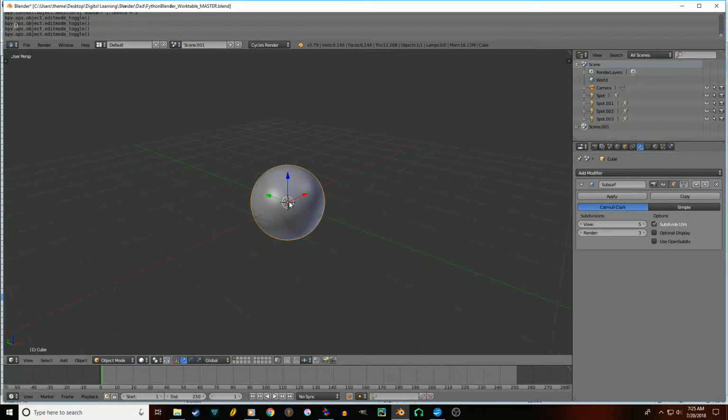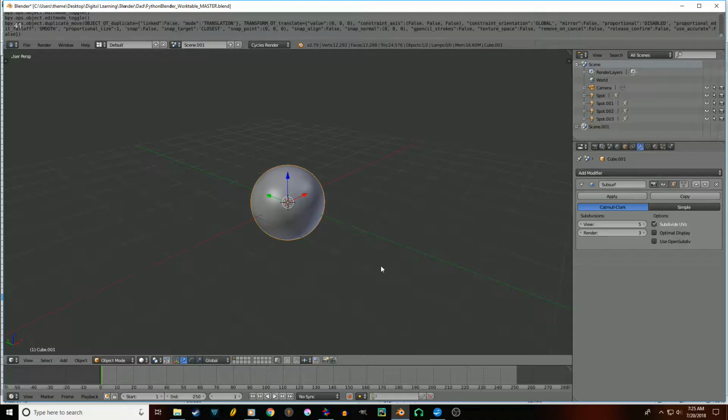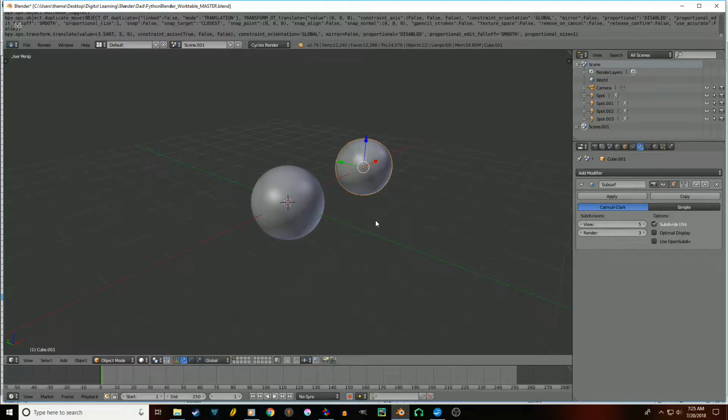But now let's say I wanted to do 50 cubes. After I made one, I can shift duplicate, right? And then shift duplicate and shift duplicate and move them around, and move them around. You might need to do something like that where you need a lot of cubes or a lot of objects out there. Now that sounds tiring. Like, oh, what am I going to do? This is why I'm trying to make myself learn